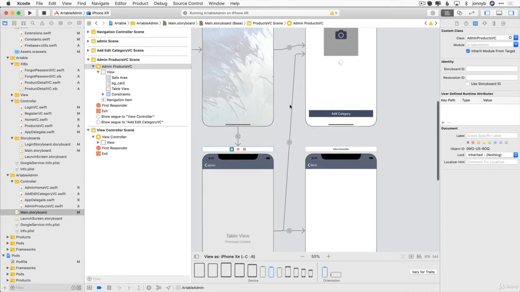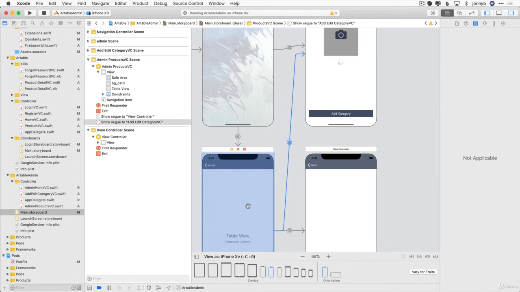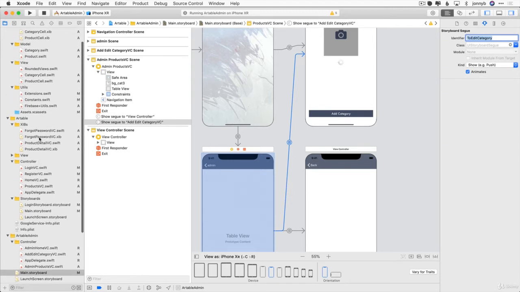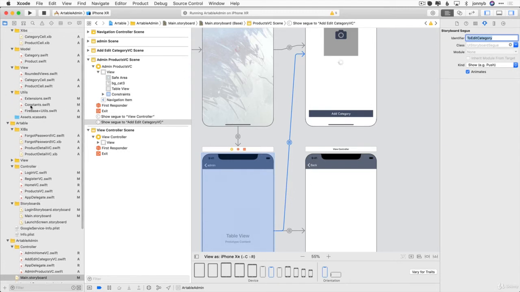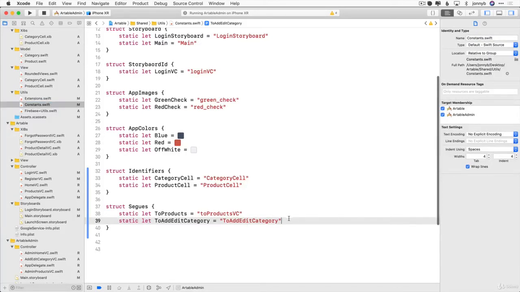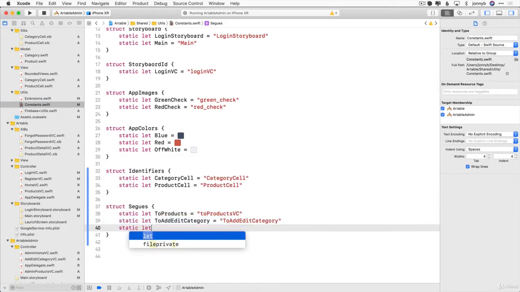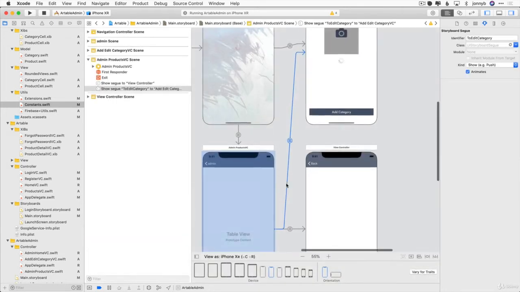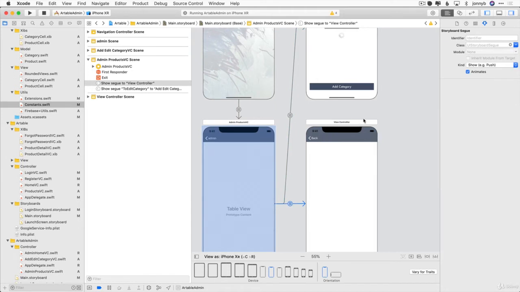And let's set the identifiers. So this one here, this is the one to edit a category. So I'm going to say identifier to edit category. I'm going to copy that, and let's create a constant for it right away. I'm going to go back up to our constants file and say static let to edit category equal, and then paste that again, save that, come back to our storyboard,